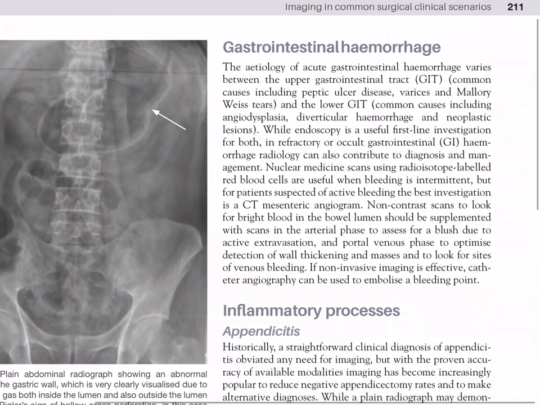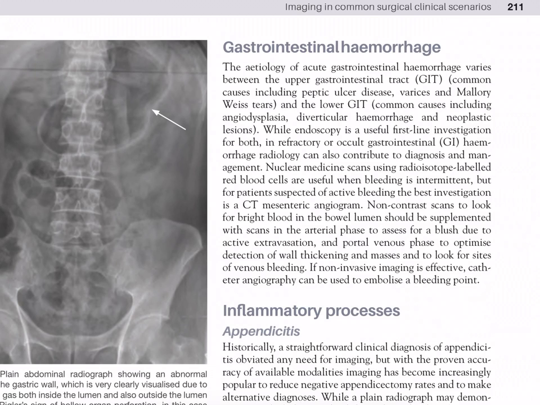Gastrointestinal hemorrhage. The etiology of acute gastrointestinal hemorrhage varies between the upper gastrointestinal tract (GIT), common causes including peptic ulcer, varices, and Mallory-Weiss tears, and the lower GIT, common causes including angiodysplasia, diverticular hemorrhage, and neoplastic lesions. While endoscopy is a useful first-line investigation for both, in refractory or occult GI hemorrhage, radiology can also contribute to